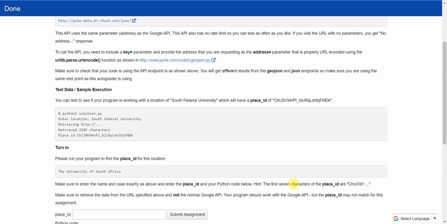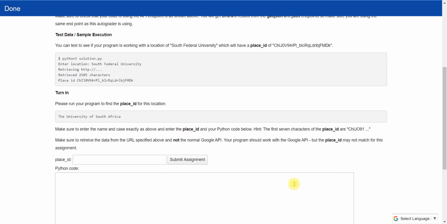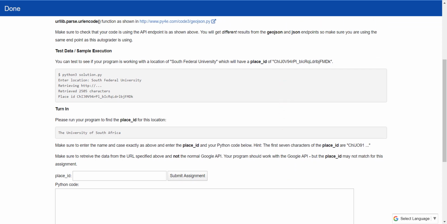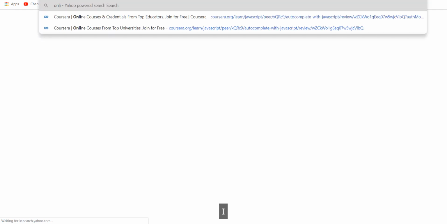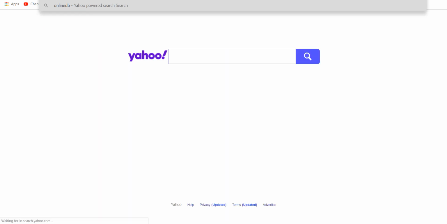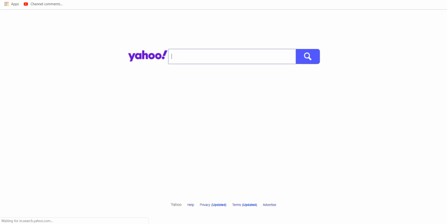Now I am going to explain without using any external tools. You can do everything live. For this I will go to one site, online DB, and using online DB I can execute the code.